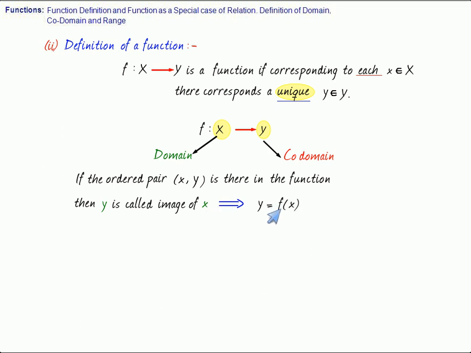So y is called image of x, x is called pre-image of y. Now it may happen that some elements in Y are images